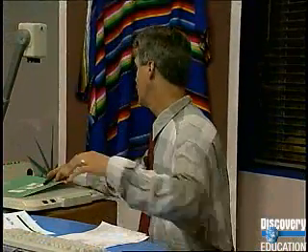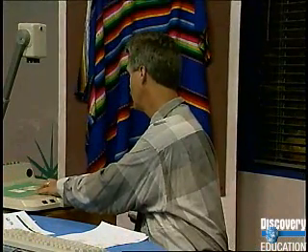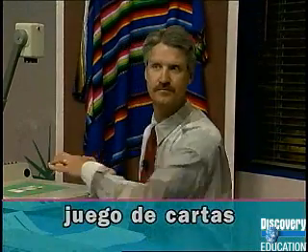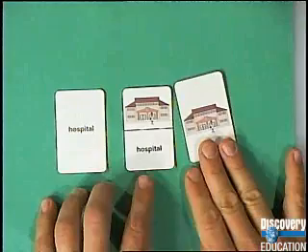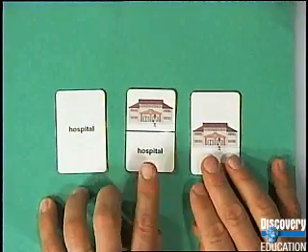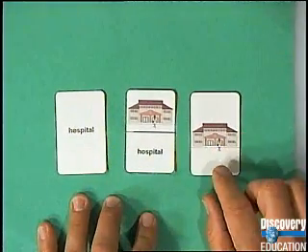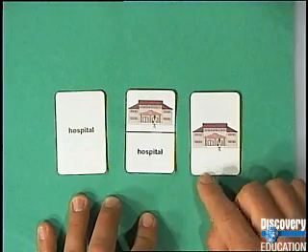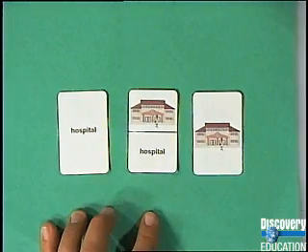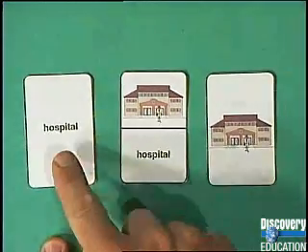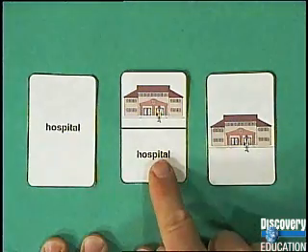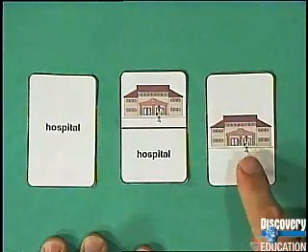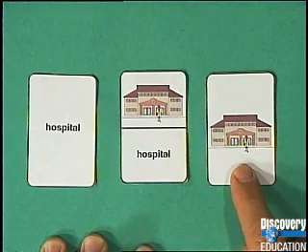Another thing that we've included for today's activities are some cards, or juegos de cartas. Juego de cartas, or card game. And you'll find a number of cards here. You can put them onto stiff paper, glue them onto stiff paper, and then cut them out. And you'll notice that each set has 3 cards. One with just the word, one that has the word and the picture, and one that has just the picture.